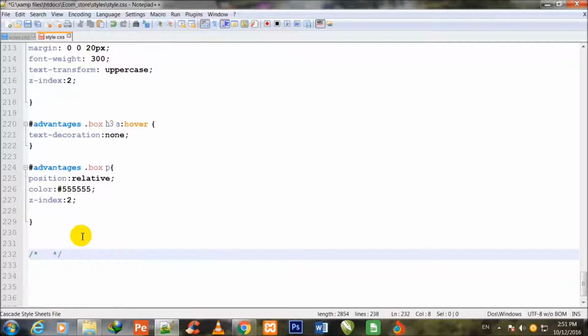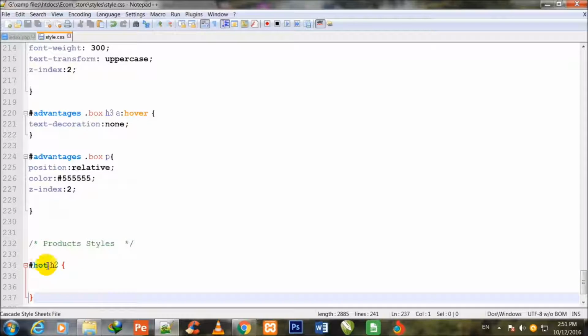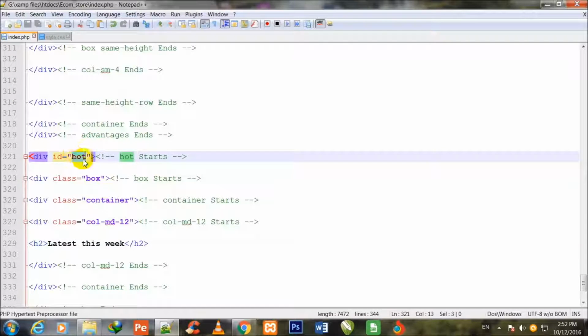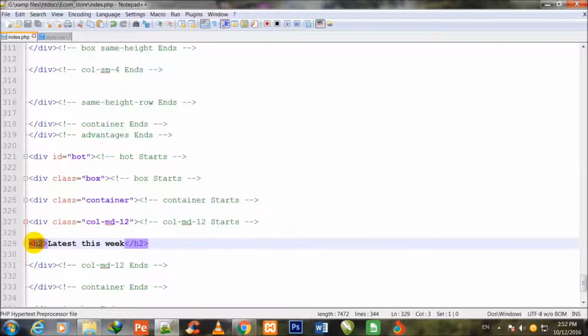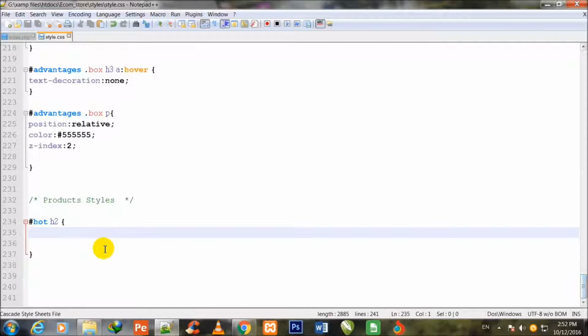First I write a comment and I write here product styles. Then hash hot, the ID, space h2, which is inside the hash hot ID. Friends, this is the hot ID and this is the h2 tag which is inside this hot ID div. So I go to the style.css page,